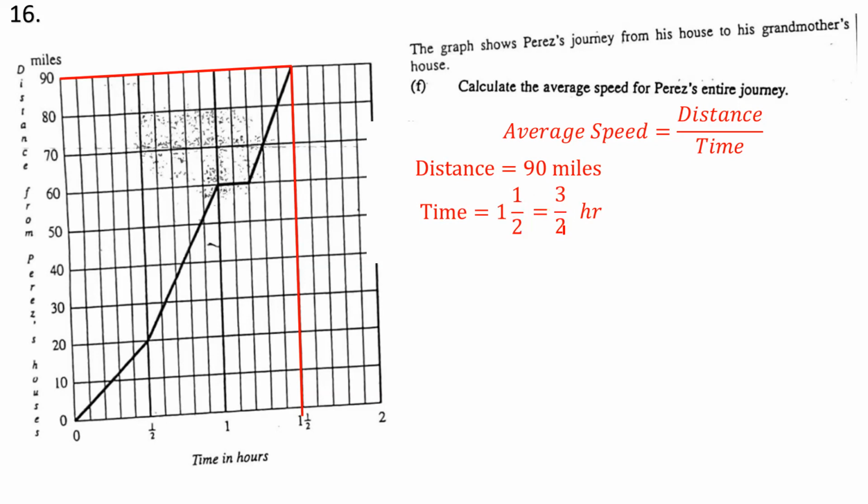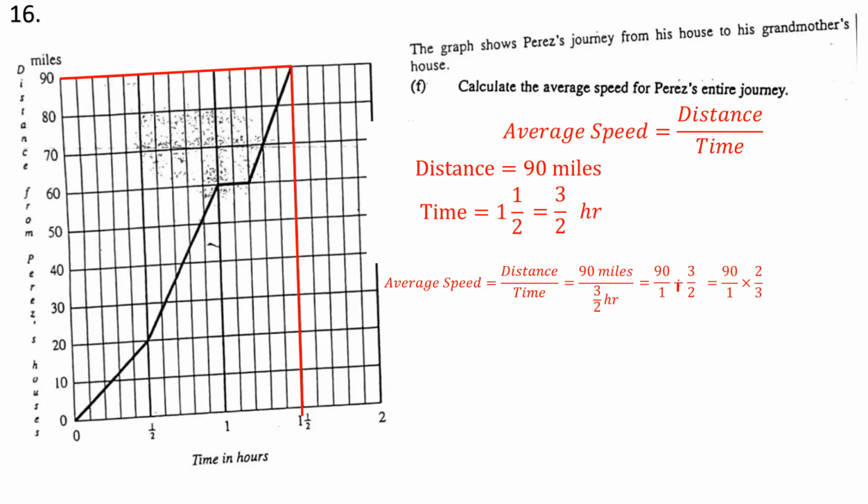So what's the average speed? The average speed is distance divided by time. His distance is 90 miles. His time is an hour and a half, but we converted that hour and a half, 1 over 2, to 3 over 2, which is the same thing. We know we have 90 divided by 3 over 2, so let's do that. 90 over 1 divided by 3 over 2 is going to be equal to, again, 90 over 1